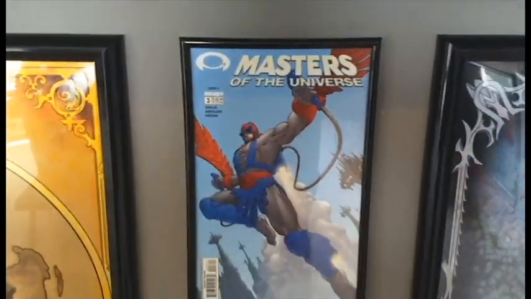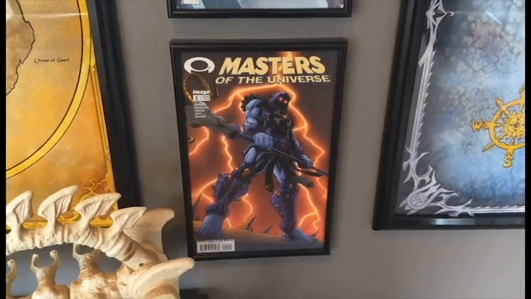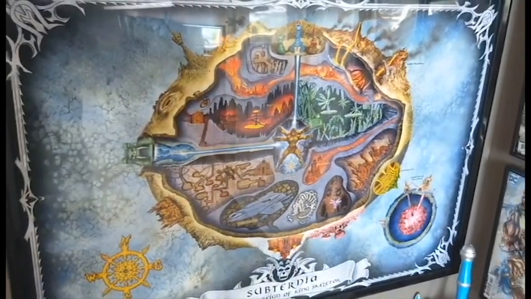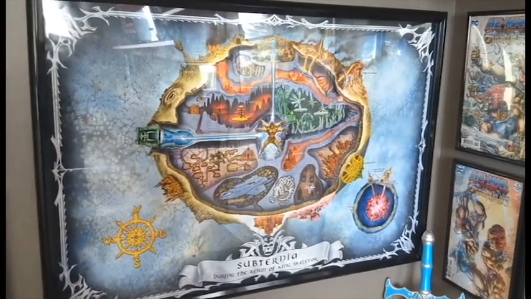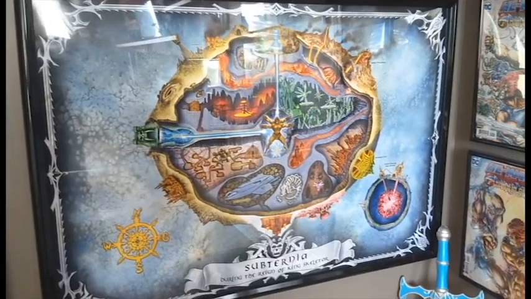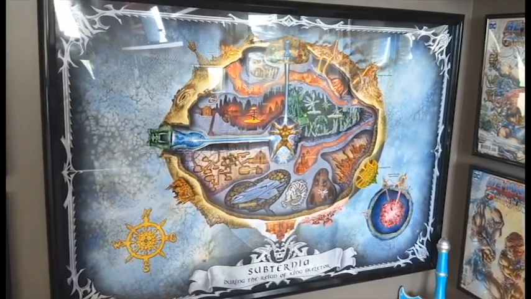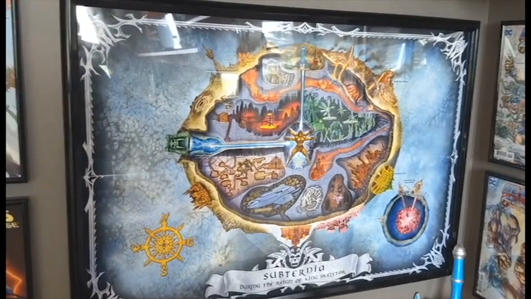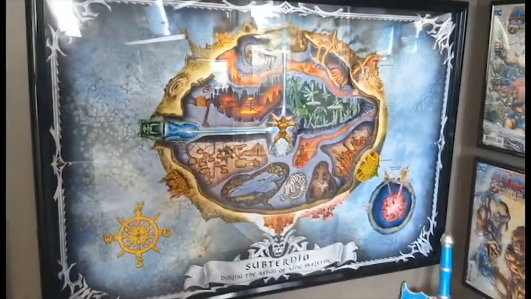Alright, another comic featuring Stratos, Skeletor. There's the Subternia poster. So I think I have every poster from Classics on my wall except for the Etheria poster and the figure collection poster. And it's just because I don't have the wall space. I wish I did. I'd like to put them all up, but...